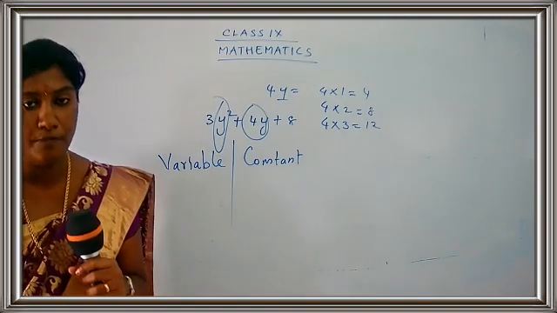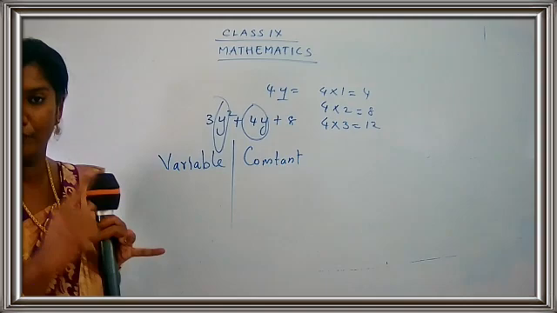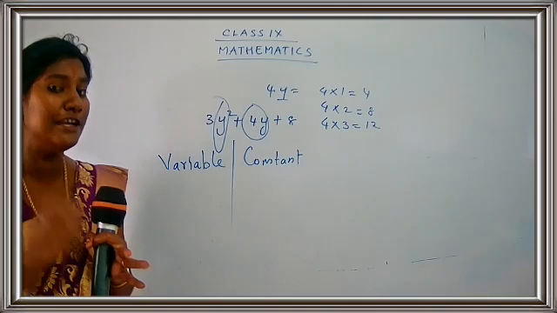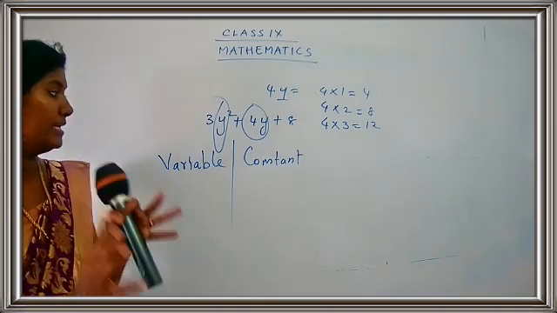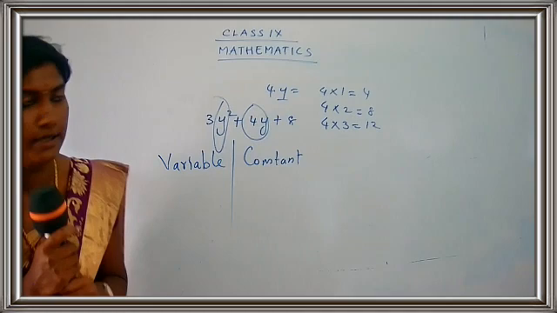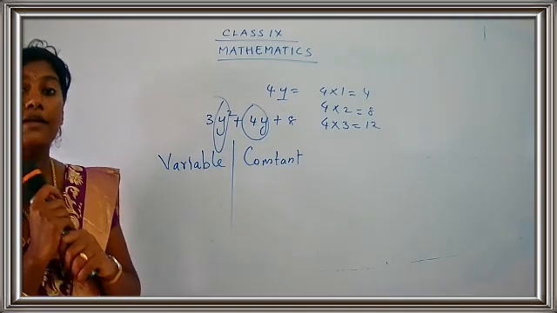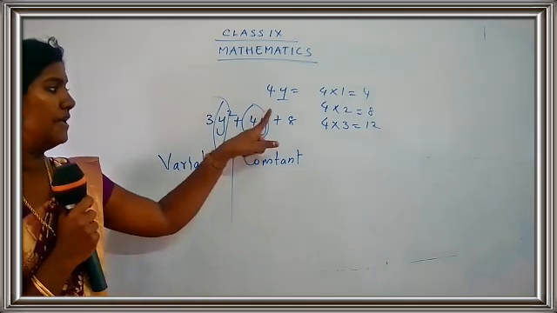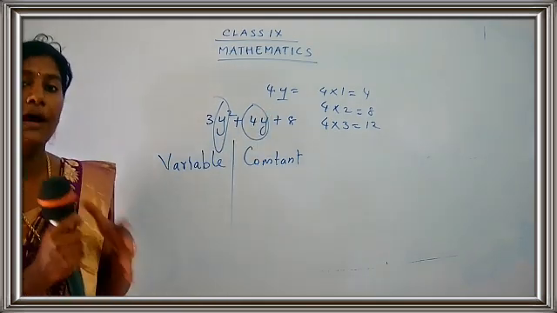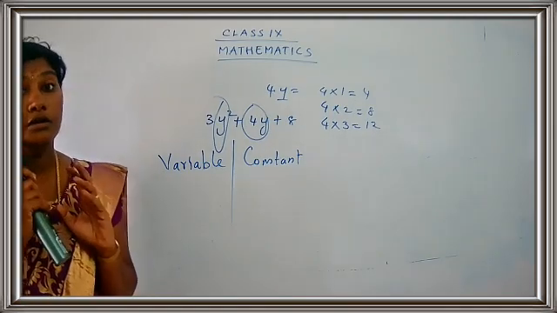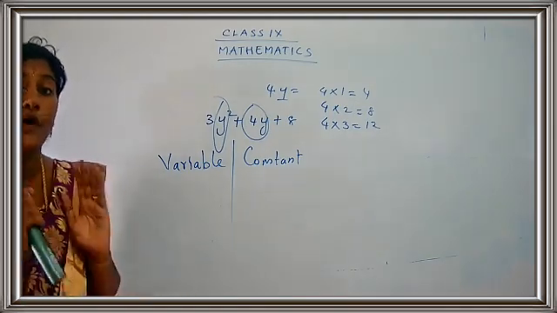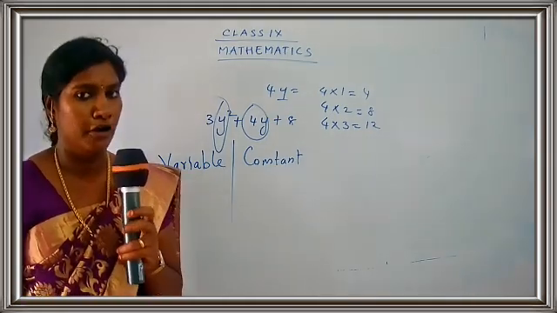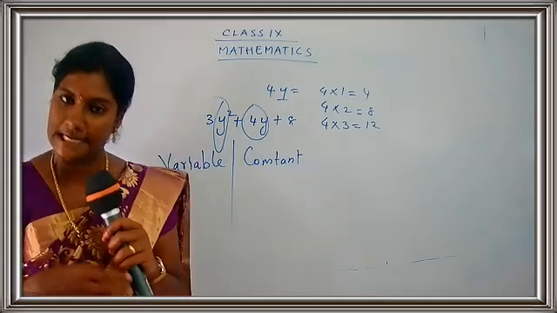And we have seen a polynomial. A very important thing for a polynomial: first of all, you will have a variable, you will have a constant, you will be having arithmetic operations like addition, subtraction, multiplication, and division. And very, very important is that the power should be a non-negative exponent. How should the power be? It should be a non-negative number. Just see the power here, the power is 2. It is a positive power. What is the power here? It's 1. It is a positive number. So you have to consider only the non-negative power. Non-negative means positive power. If you have a negative power, it will be considered as not a polynomial. If you have a positive power, you can say that it is a polynomial.